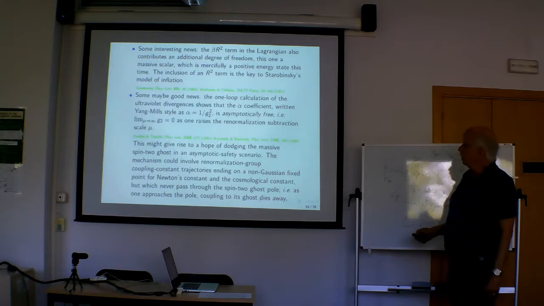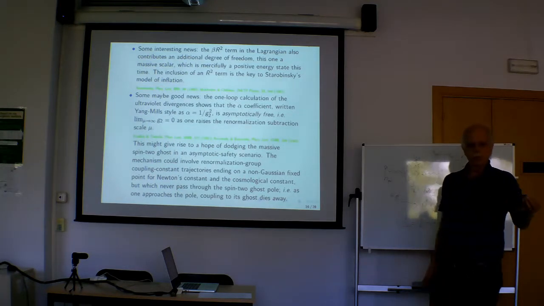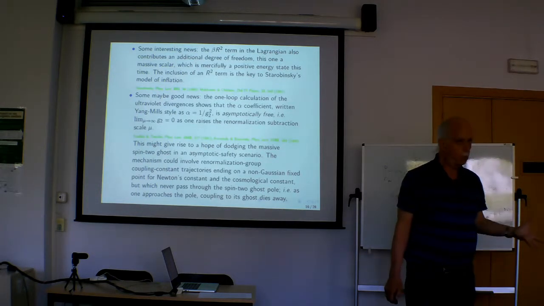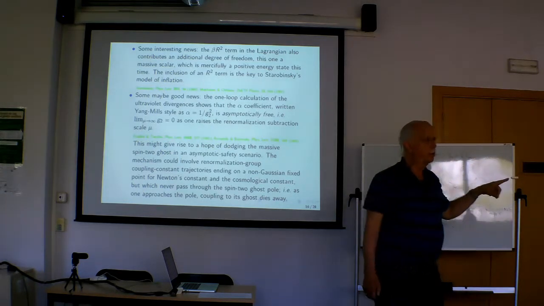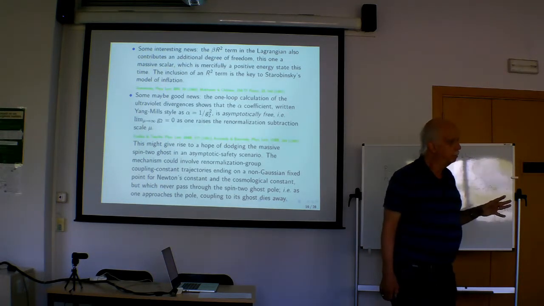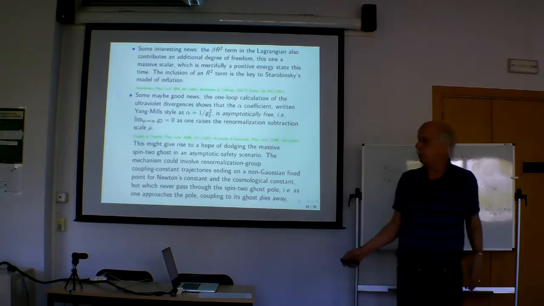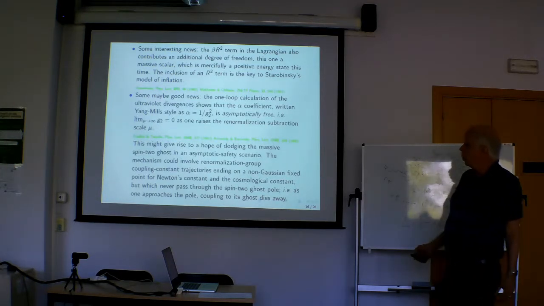where there are a lot of considerations that maybe in a gravity theory, you can go out of perturbation theory. What we have is a Gaussian fixed point, one where all the coupling constants are 0. A non-Gaussian fixed point is one where they reach a non-zero value. So we have things that we're interested in and would like to keep, please. Newton's constant and the cosmological constant. So there could be a non-Gaussian fixed point for those, together with value 0 of this coupling G2 for the higher derivatives. And so you could hope that maybe there's some trajectories that never pass through the spin 2 ghost